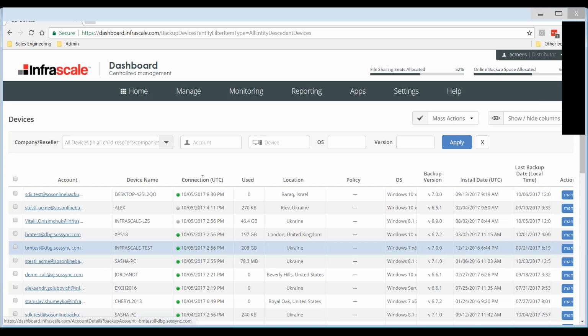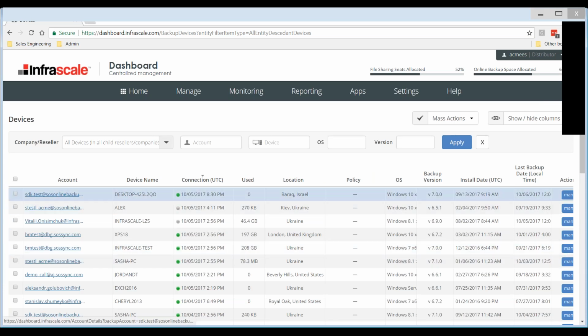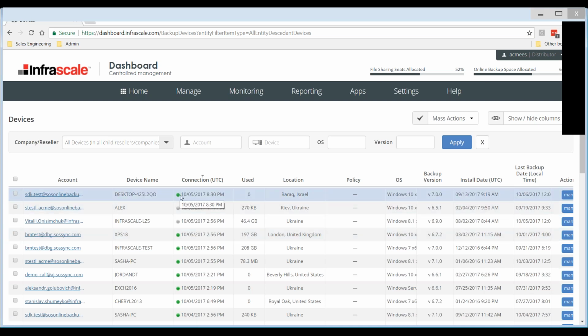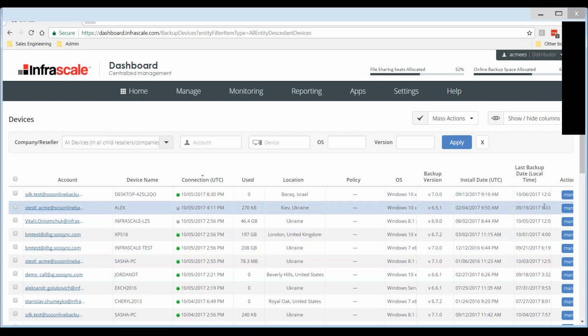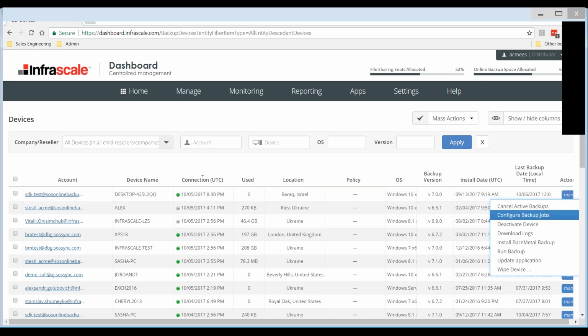Now, this device list gives you a breakdown of which backup account this device is tied to, what the device's name is, if the services are running and we could talk to them, where the device is located, versionings, and so forth. And you've got some options under here under Actions. I've already shown you the configure of the backup jobs. You can download your logs remotely. So really simple